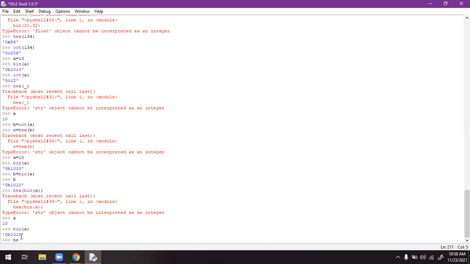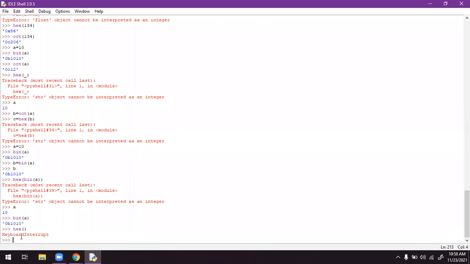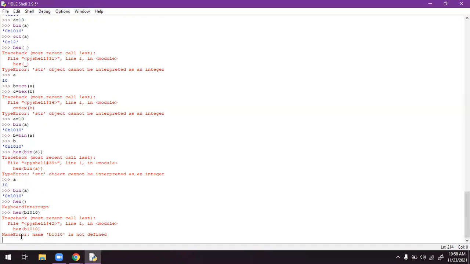Even if you take b, it will not consider it. Writing b dot 1010 will also give an error. We can sort out this later. So we can directly transform from one number system to another number system.